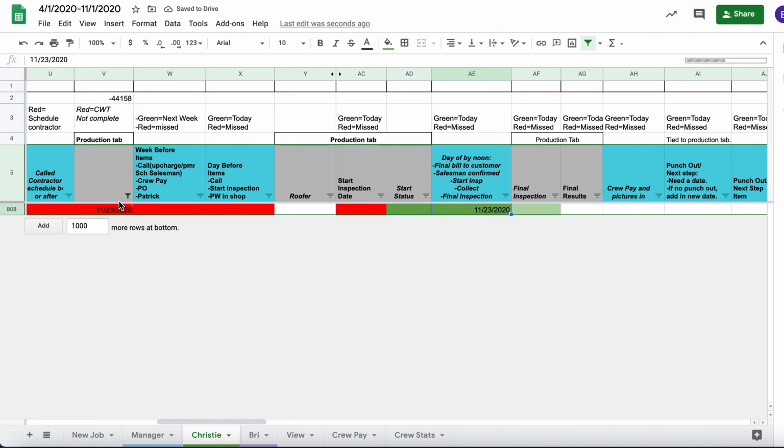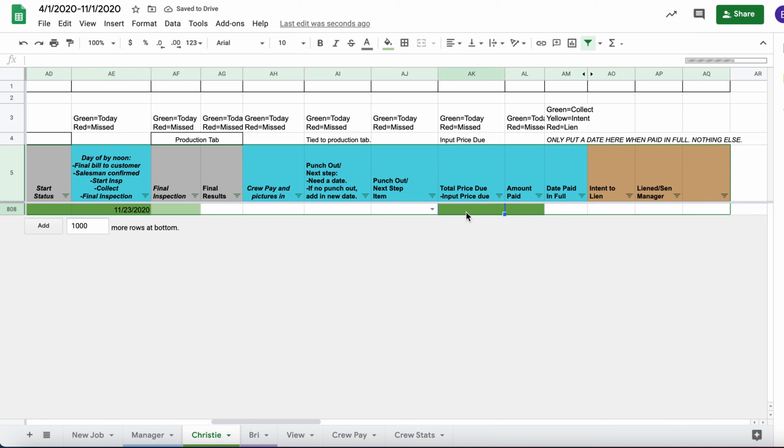You're able to do that for every customer from beginning to end. For example, today, on the day of, we want to have the amount paid input and the total price due input. So ultimately, all in, this is how the project coordinator is able to track the job and track the workflow, in order to make sure that this job is handled properly. Now, if we go into